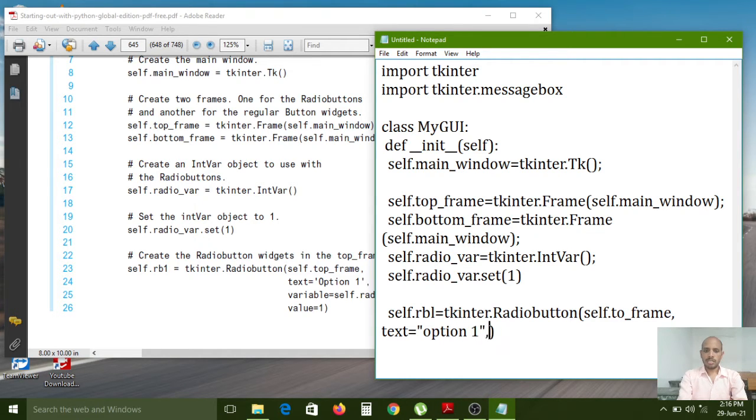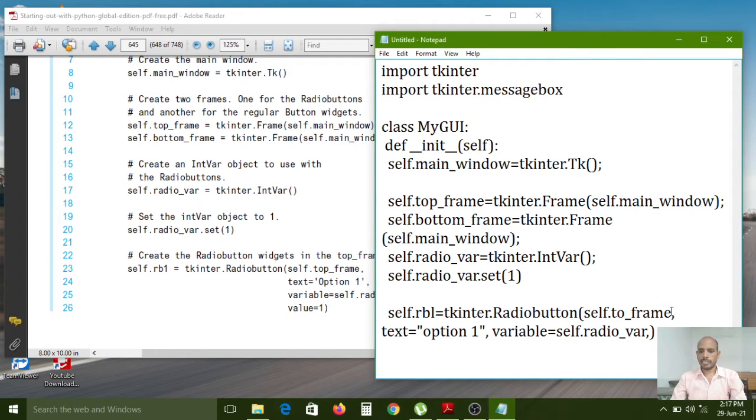Now here one more variable you need to create, variable equal to self.radio_var, the integer variable, you need to pass that here. Now just give one comma.